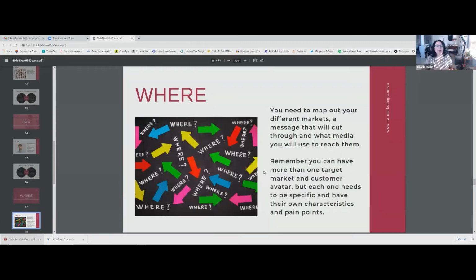So you need to map out your different markets, a message that will cut through, and what media you will use to reach them. So remember, you can have more than one market, like I said before, and more than one customer avatar, but each one needs to be specific and have its own pain points and its own characteristics. That's the only way you will make sure you're hitting your target market with the right message. Because if you go all out and go generic across all markets, you will not stand out, and you will be